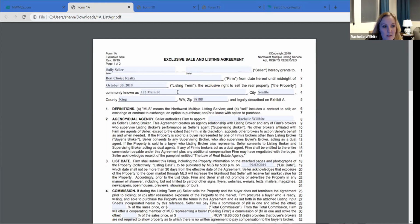And then what had happened is, when October 30th came and went, it was active or it was temporary off the market, because they did the Form 19 and got the seller to sign off on the Form 19 to do temporary off the market. What had happened was the October 30th came, and because that was in the MLS and